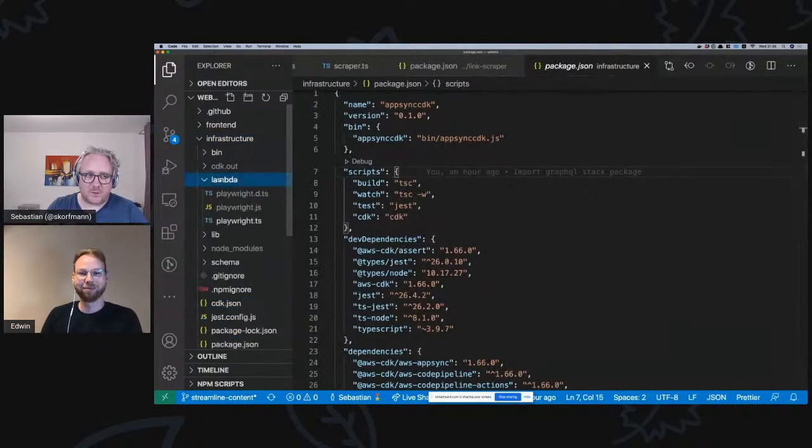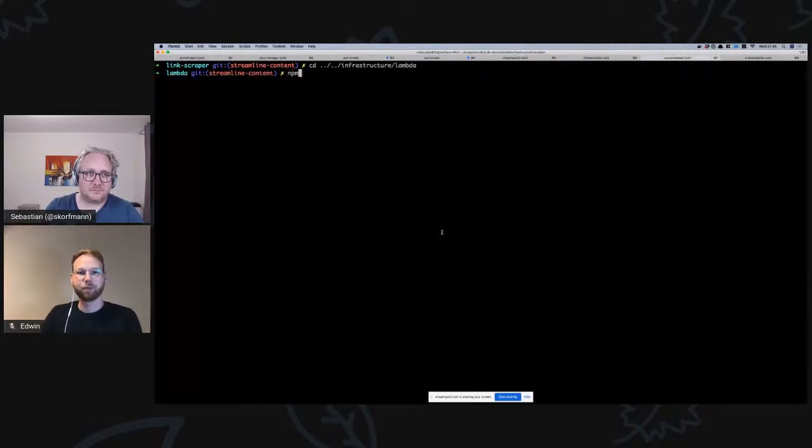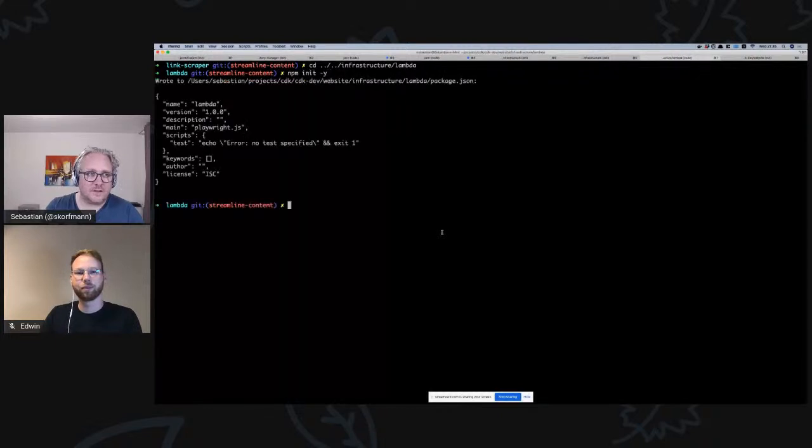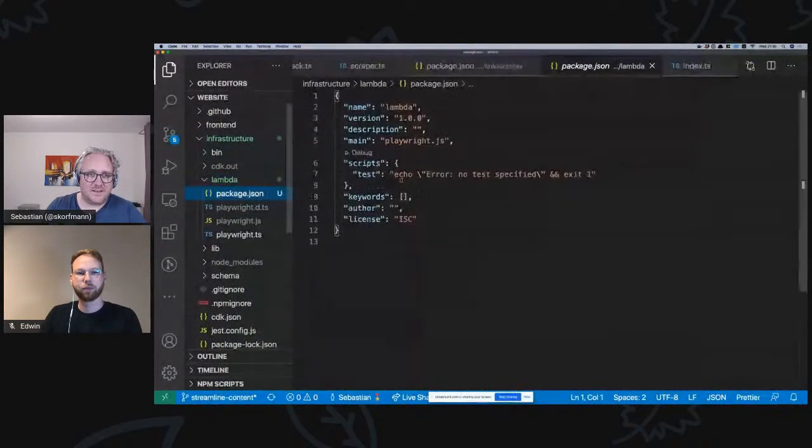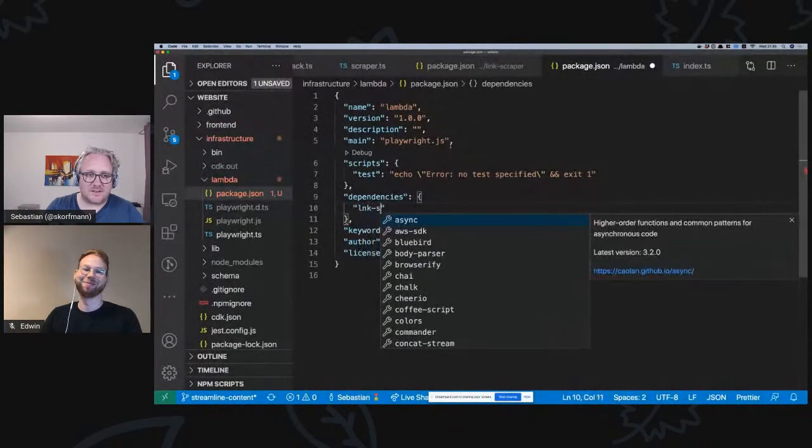But I think what we want in the end is, let's just do it manually here, and infrastructure. So we just init this, and I think what we should do is link